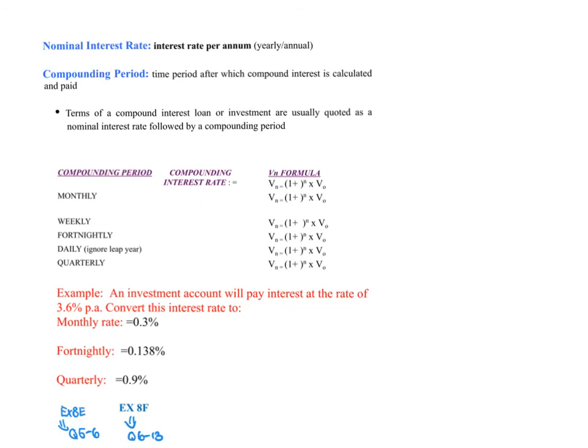If they say a nominal interest rate, that's the interest rate per year, yeah? So when we say 8% per annum, that is the nominal interest rate. If we change our formula to a monthly formula, that rate is a different rate. It's not known as the nominal. So when they refer to the nominal, it's like they're giving you the per annum one. So that's why we've put that there. The nominal is the per annum one. All right, so just to make sure that you are clear,